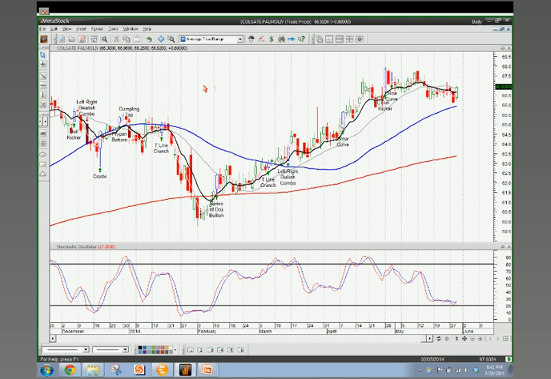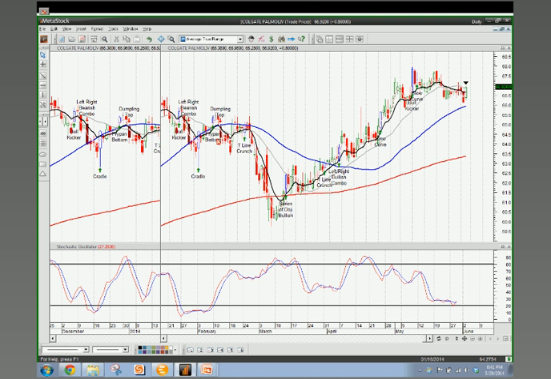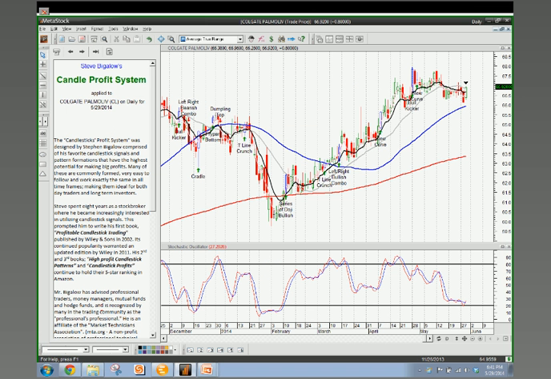What I'm going to do here is right-click on my chart and open up what we call our commentary window. I just come down to Expert Advisor, go to the commentary, and that's going to load this little window up on the bar. Now you'll notice this triangle forms, and this is the day that we're doing the analysis. Right now there's not really a pattern here, so we just have some generic text that talks a little bit about how cool Steve is, what candlestick form is, and a little bit of an overview